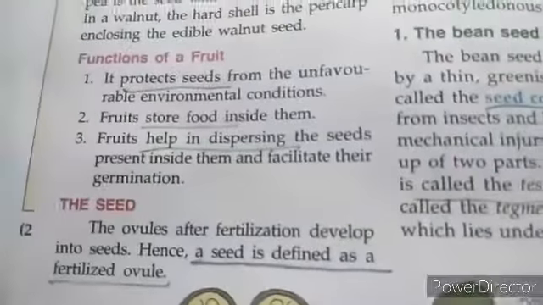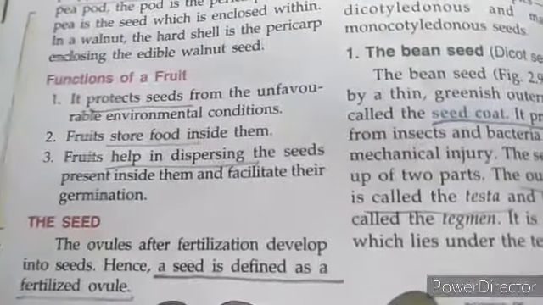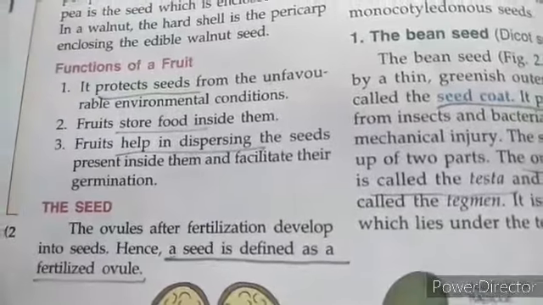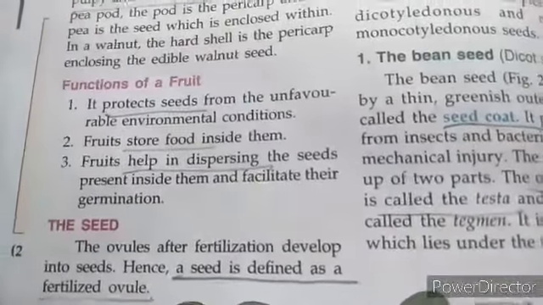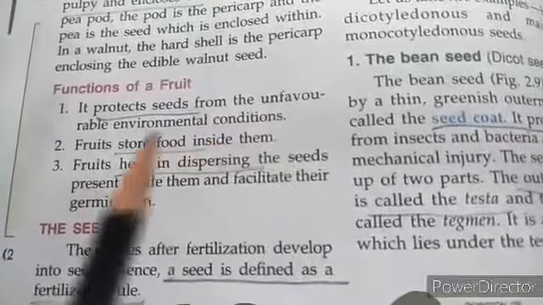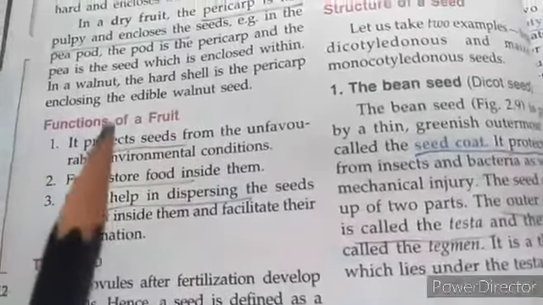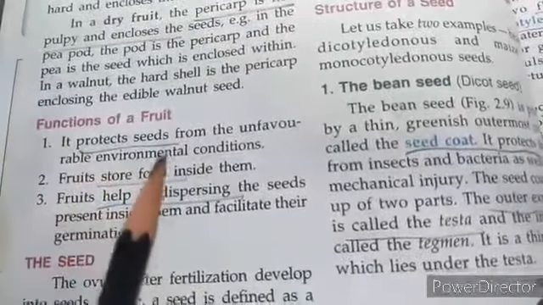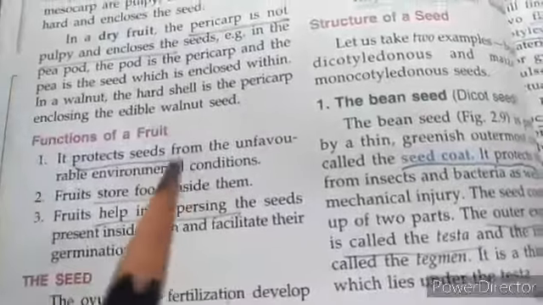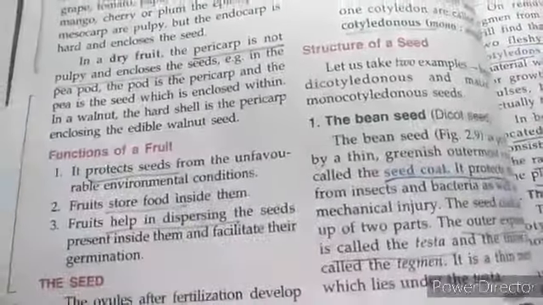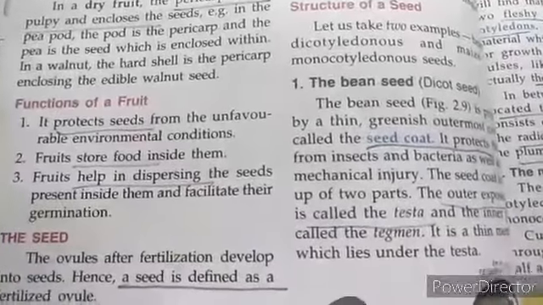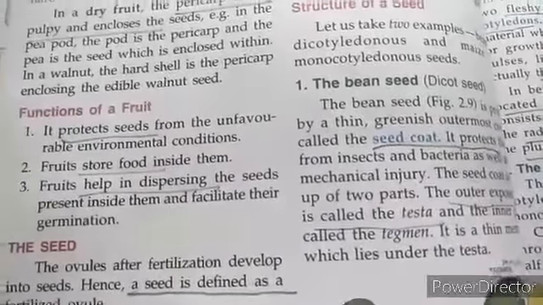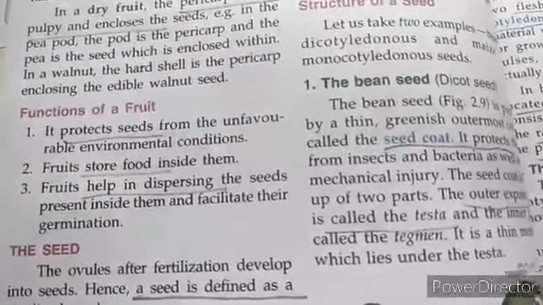Then we come to functions of fruits. Apart from fruits being our favorite because we like the taste of them and like to eat them, there are certain functions that we have to see. The first function: it protects the seeds from unfavorable environmental conditions. As you know, the seed is in the middle of the fruit. The fruit holds the seed, so it protects the seed from any conditions that can destroy it or make it lose its ability to develop into a new plant. It keeps the seed intact so that it will be available for germination whenever it gets a suitable